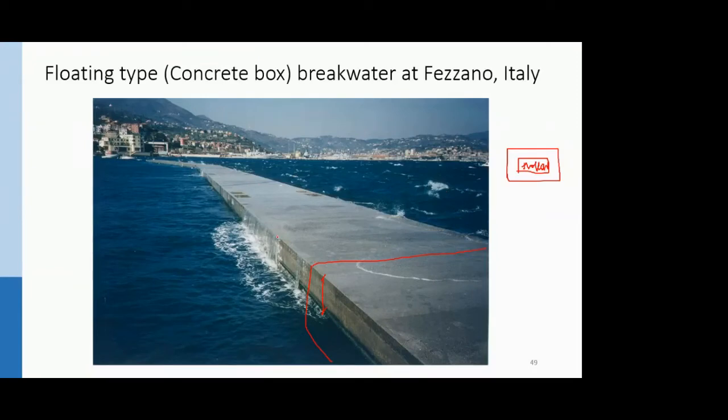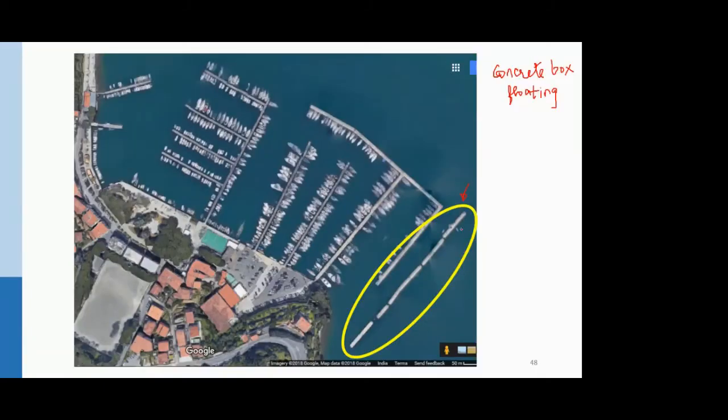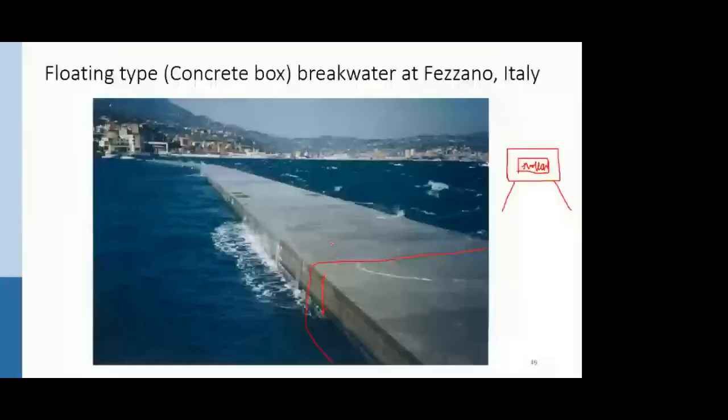Okay. And again, now you can tie these concrete blocks with those ropes so that it is not displaced far away. So in this figure also, you will not see a straight line, and you'll see that there are a few gaps in between these concrete blocks as well. That is because we intend that the wave should break down, but it should not displace your breakwater to a large extent. Okay. So due to that, it is always good to have a bit of gaps in your breakwater. So this is another type you can have in the floating type itself.